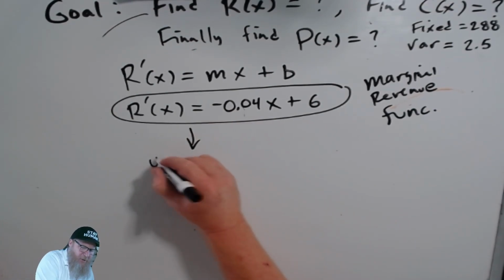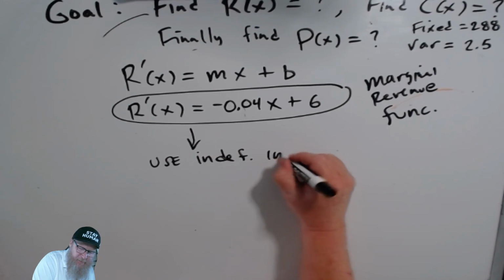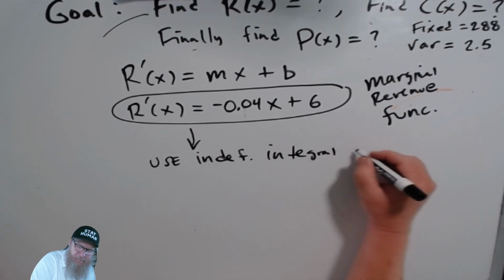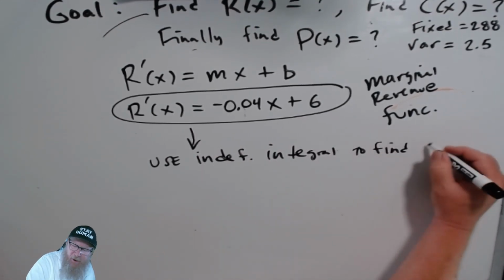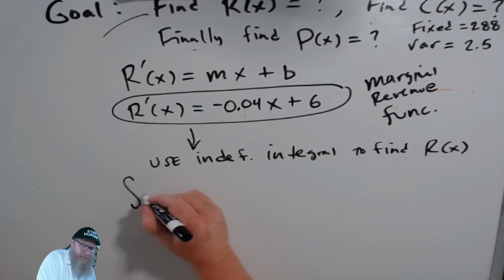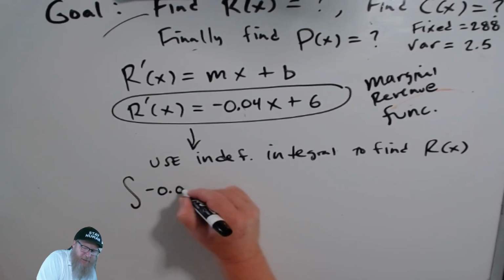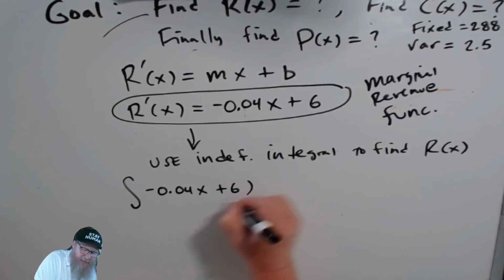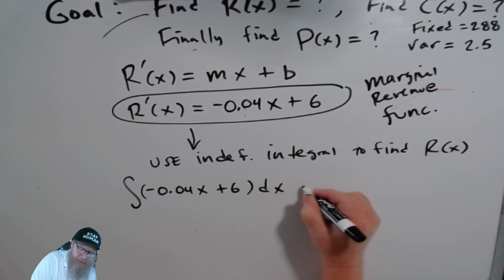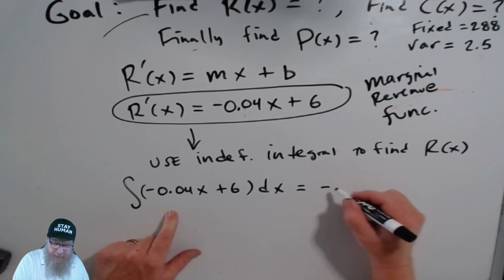So we're going to use the indefinite integral to find r. So we say the indefinite integral of negative 0.04x plus 6 with respect to x is going to be negative